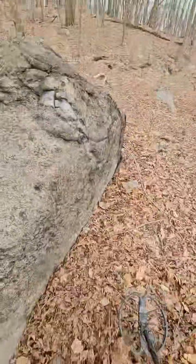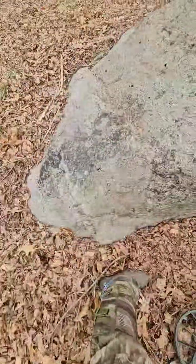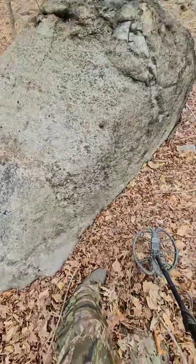Put the metal detector on. Well, when you find seams of quartz, you can find gold in the seams. Gold only follows